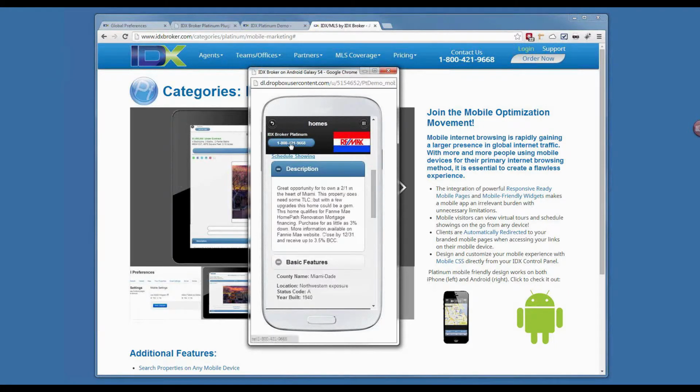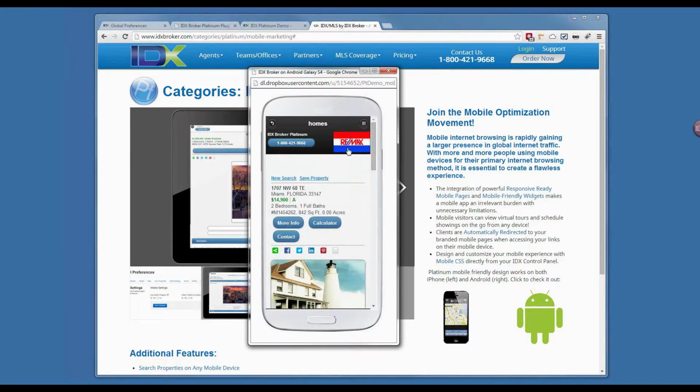So as you can see, let's say they tap the phone number with their finger, it'll dial your phone number. Okay. So for offices, there's also a way to tag by agent ID. So it will show the agent mobile pages, agent pages, if that person is tagged to that agent. So you can leave those on, or you could just show the standard results pages and details pages if you'd